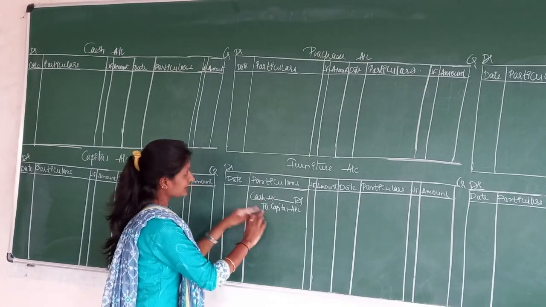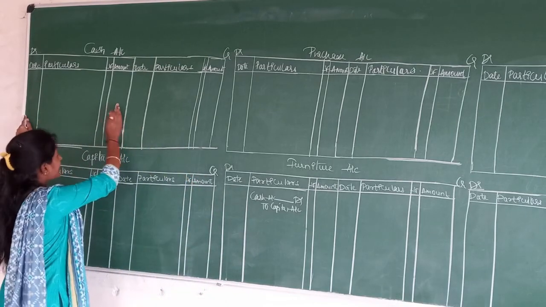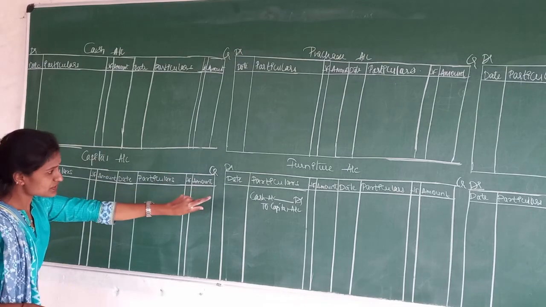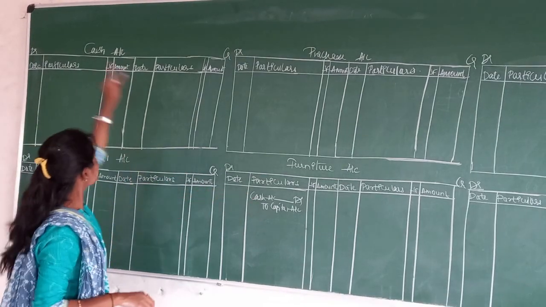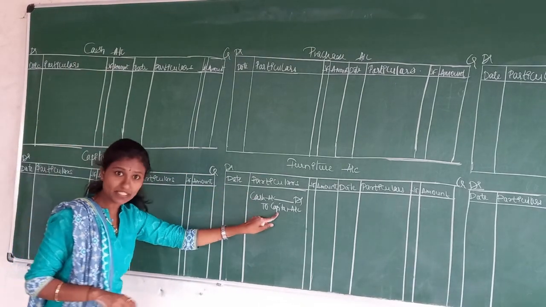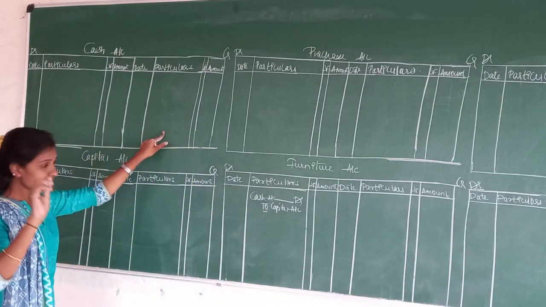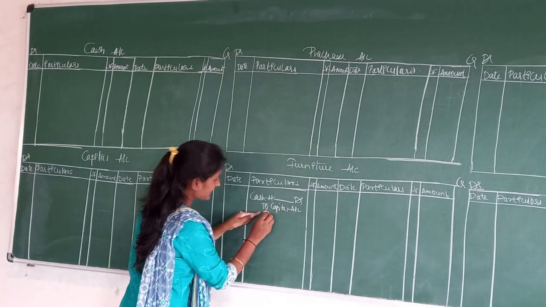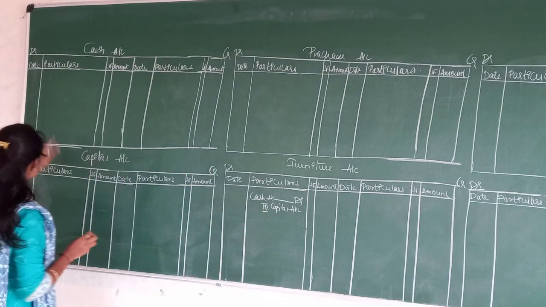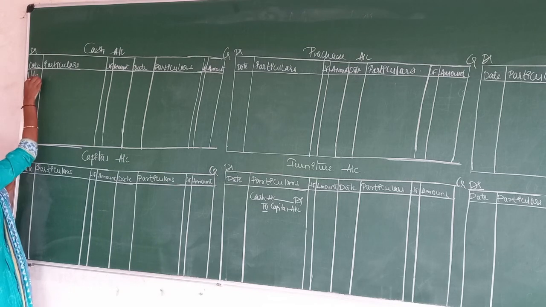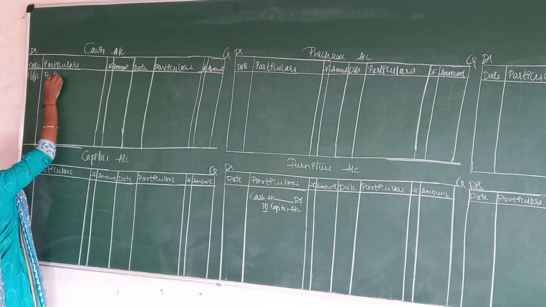That is, this debit side indicates 'to' and this side indicates 'by'. Okay, so see here, in the cash account we need to write capital account, but in the capital account we need to write on this side or this side. Yes, here there are two sides, right? So this indication is 'to'. So 'to' means we need to write here, that is date 1/1/2017, to capital account.